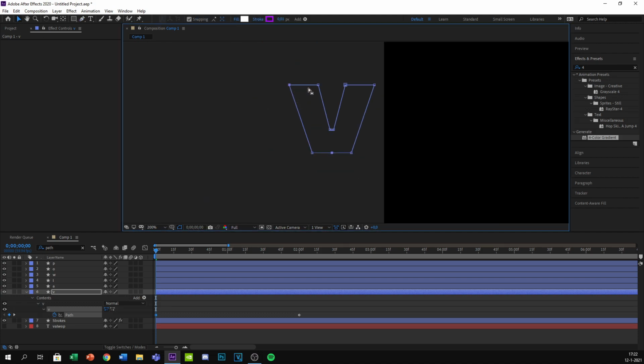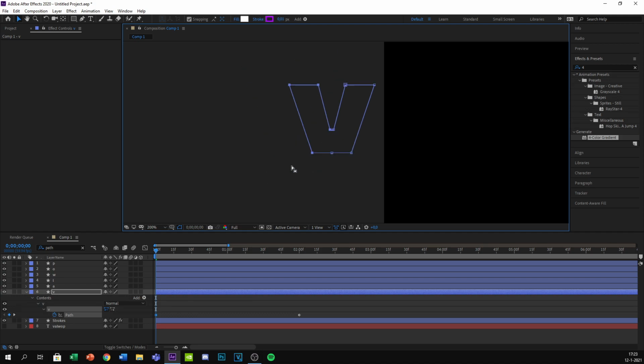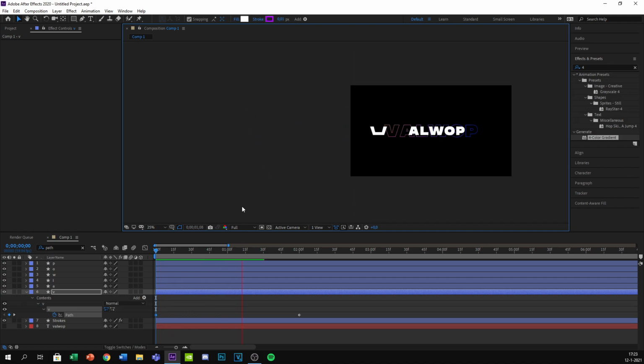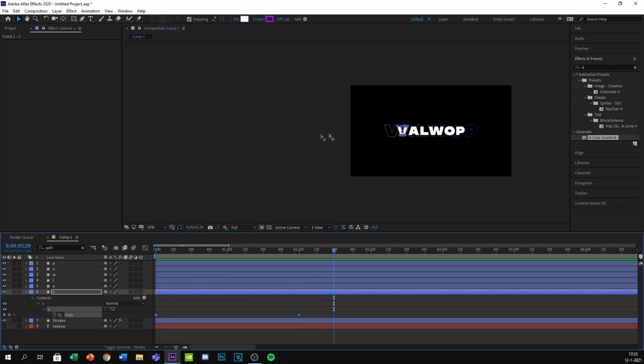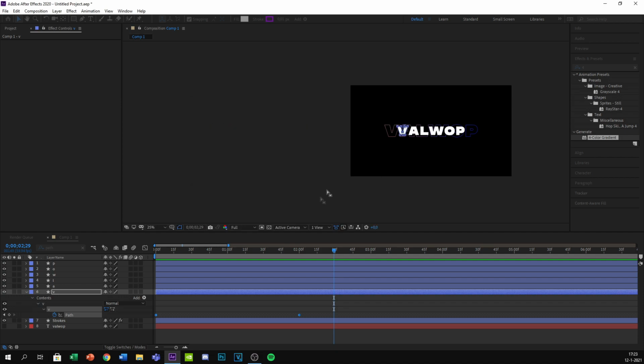Now select, by holding shift you can select multiple points. Just don't select the ones you just made, because that is not what we like. Now drag it out for, I would say, something like this, not insanely long. Now as you can see, the ladder moves, but we want some more speed in it. So you select both keyframes, keyframe velocity right here, influence 100 for the incoming, and the influence for the outgoing is 28.